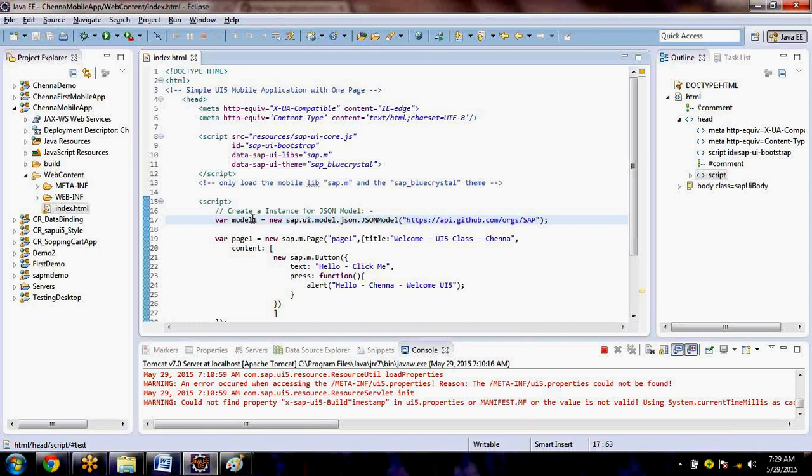Now what is happening? The JSON model instance is created. Now I need to load the data and make it available for my program.